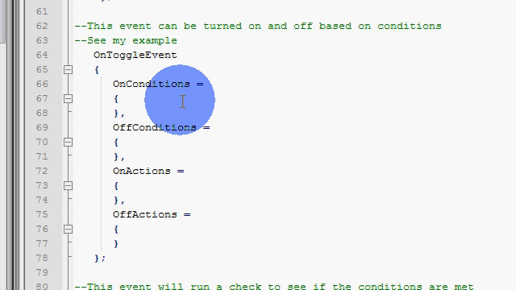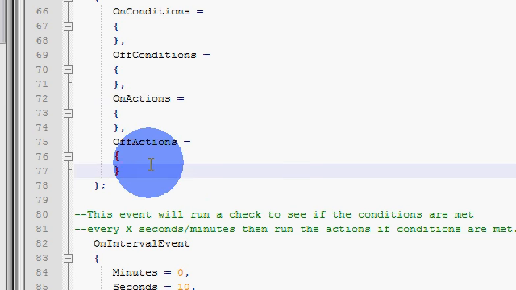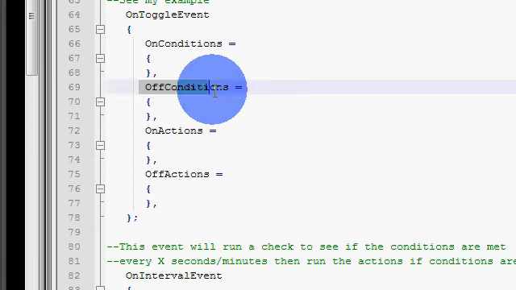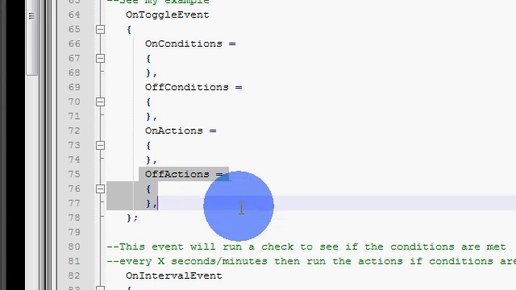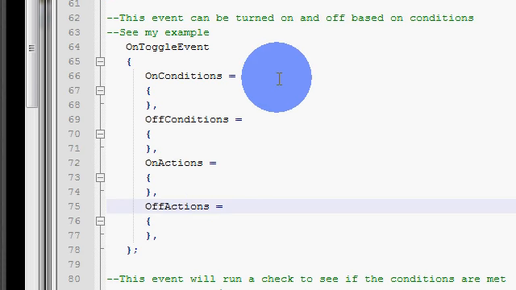Off condition is player is not near boss. The on action is we'll turn a switch so the boss starts casting spells. Once the player is out of range, once the off condition is met, the boss will stop casting spells. Yeah, that pretty much covers that one. It's a little more complex. Most people won't use that,